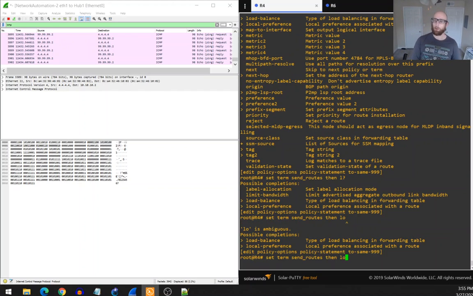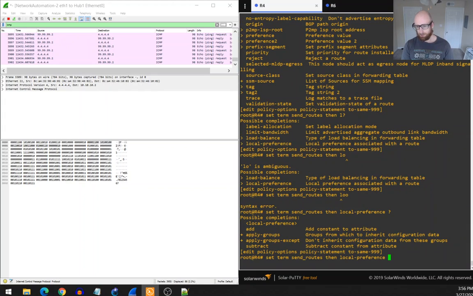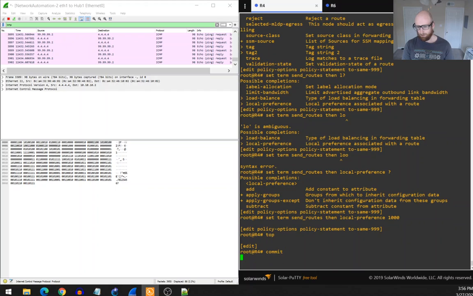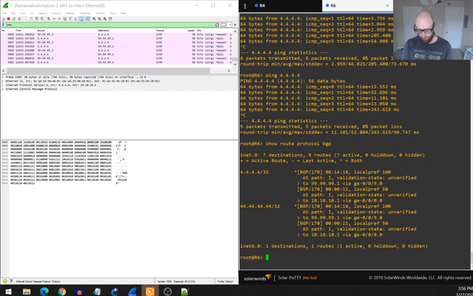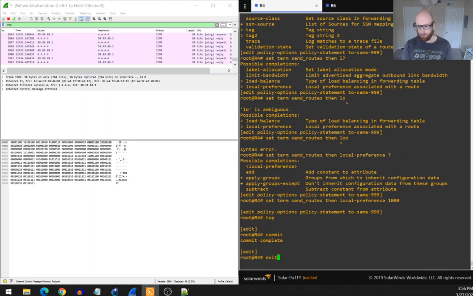So here we go. Local preference associated with a route. So we can associate our local preference with an actual route instead of with a neighbor. So let's do set then local preference. We'll set it to 1000. Okay, so now these routes will both have a local preference of 1000, but this is where I can rewrite my policy,